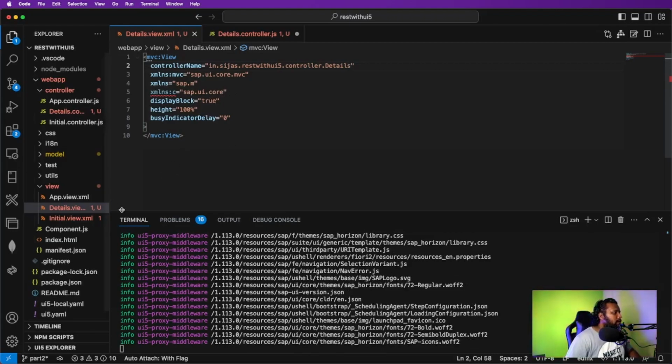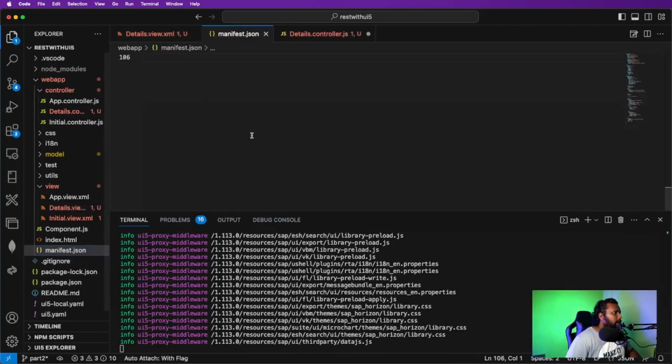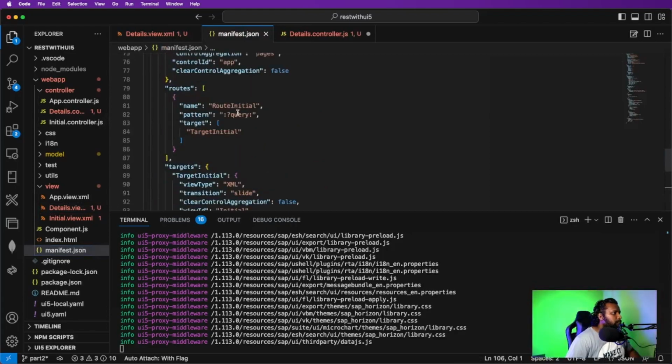Now let me go to the manifest and add a route. So this is the basic route, and you can see in the playlist there is a section where I'm explaining about routes. So go to the playlist and go to the video which talks about routes to understand more about routing. So I'll create a new object